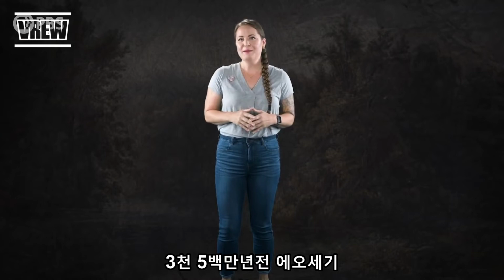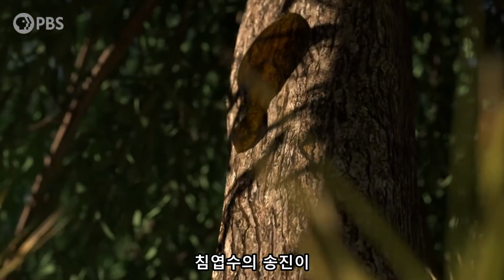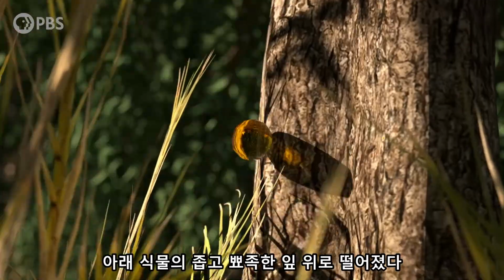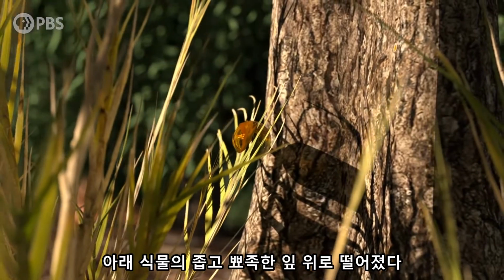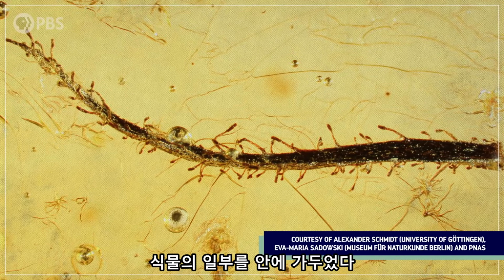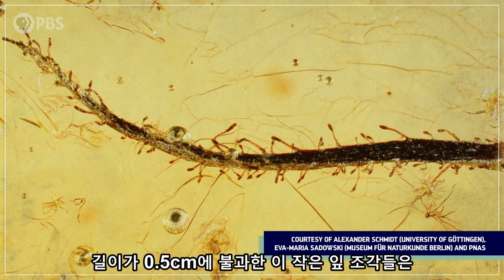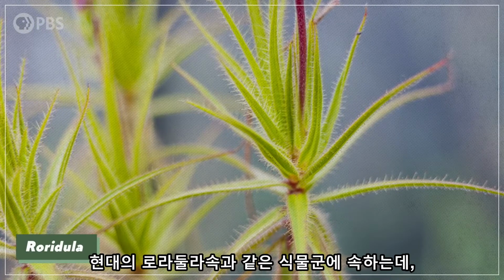Sometime in the Eocene epoch more than 35 million years ago, in a warm coastal forest near the Baltic Sea, the resin of a conifer tree dripped onto the narrow pointed leaves of a plant below. Over time, that resin hardened into amber, trapping bits of the plant inside. These tiny leaf fragments, just half a centimeter in length, belong to the same plant family as the modern